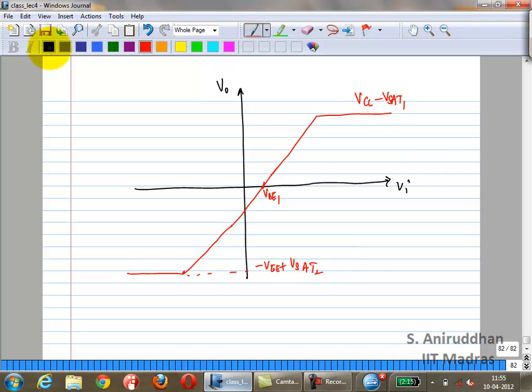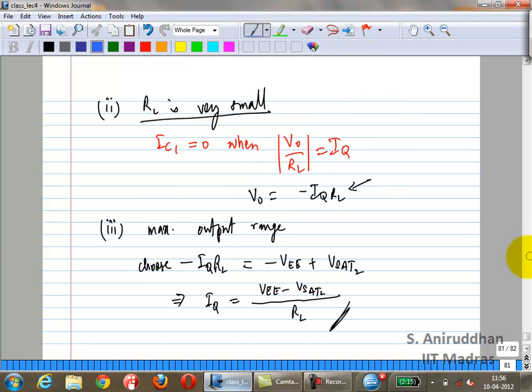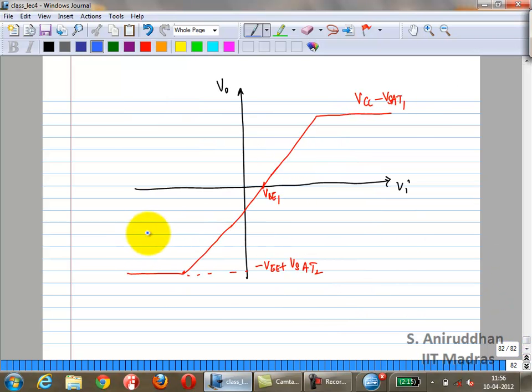Okay? Okay. You can also have a third case. Of course, this is the case 2. Okay, if you don't choose IQ optimally, then you will just ramp out at